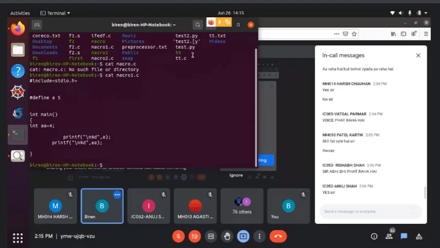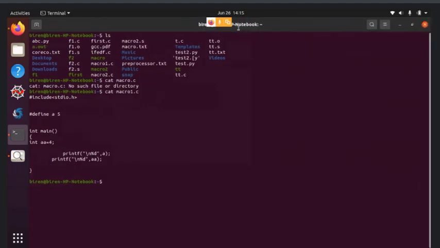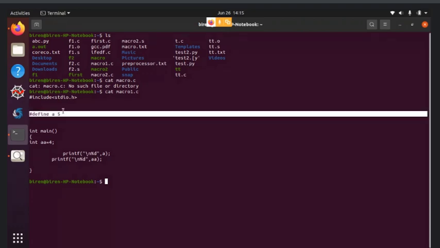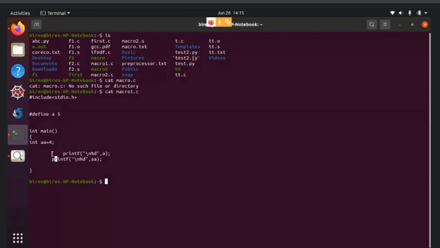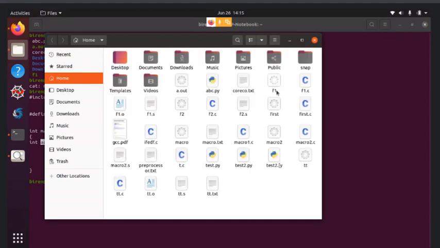Yes. Now, cat is a simple command. Maybe you are not aware. Cat is a command to display the content of a file. So this is the content of this file macro1.c. Now I have used a macro a whose value is 5. Here I have a variable, double a equal to 4, which is declared as an integer. Now let's discuss a few steps to determine the length of the code. For that we need to refer to one document.